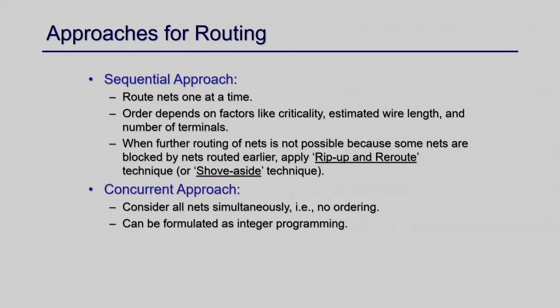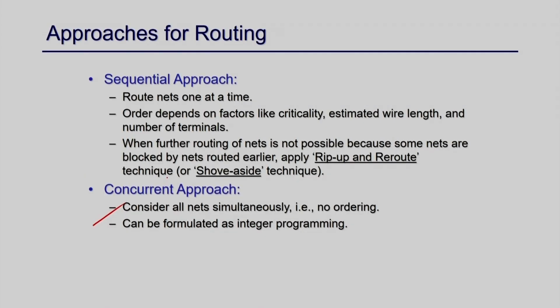Again, this routing can have two approaches. In the sequential approach you take one net and route it, one at a time, and maybe after some time you end up in a situation where the routing is not possible, maybe one of the channels is over congested and you cannot put another signal through it. So you can rip up and reroute, that means you ignore some of the things, move back and restart placing through somewhere. Or in the concurrent approach you can take all the nets simultaneously and try to do them at the same time.